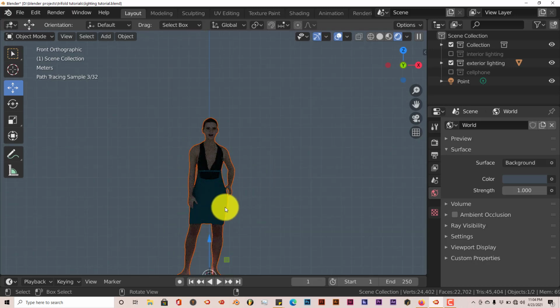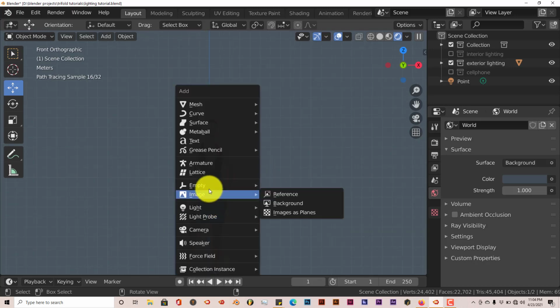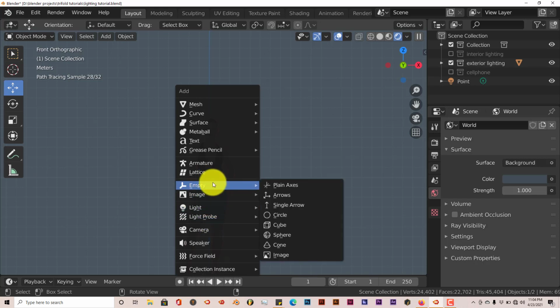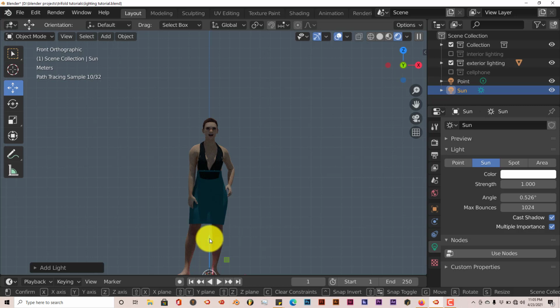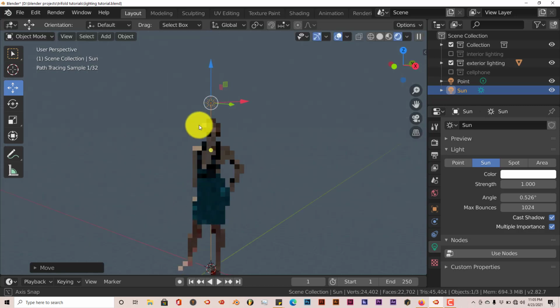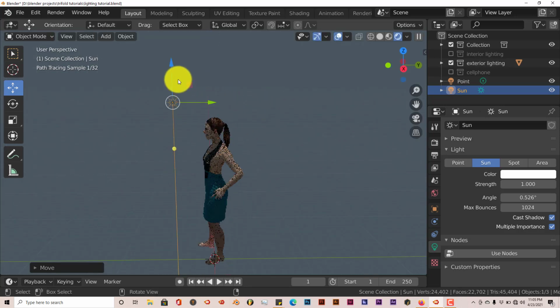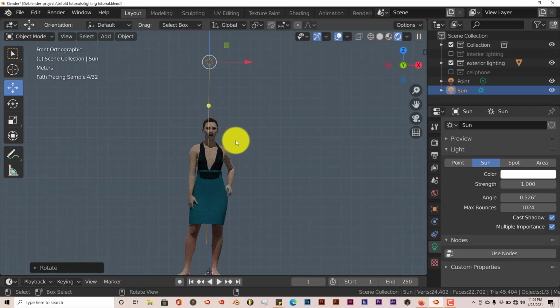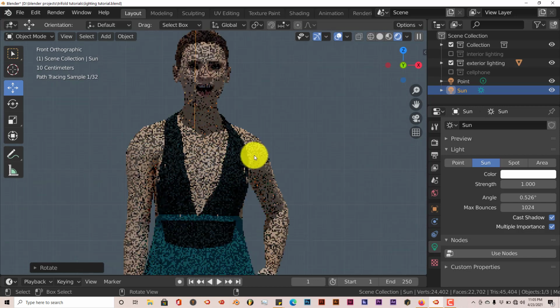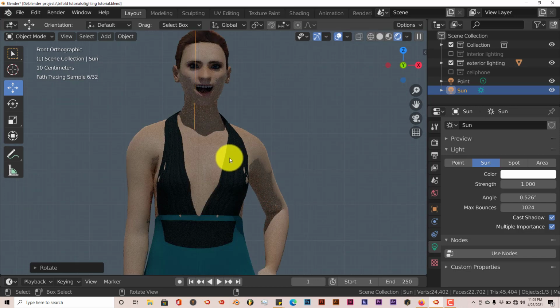Let me put in the sunlight here. Shift A, and we're going to add a sun. We're going to drag this up and put this in front of her. We're going to turn this towards her. Let me see. R. Okay, there we go. Go back to 1. Now you can see that the sun does a pretty good job of providing shadows, but some of the shadows